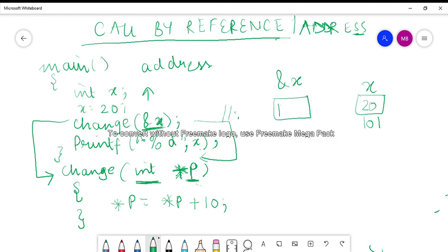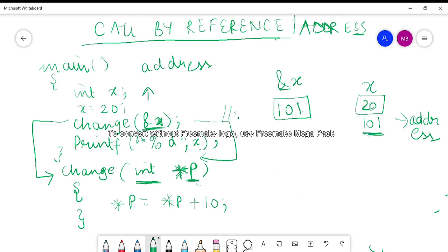So you need to understand the difference here. x means the value of x and ampersand x means the address of x.